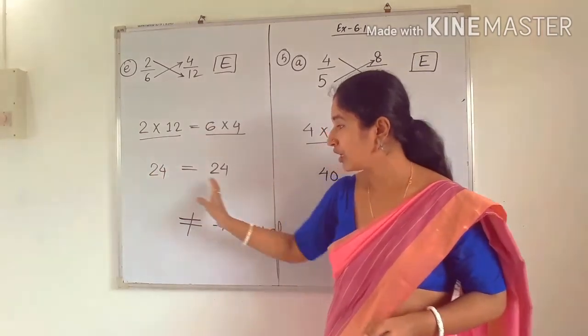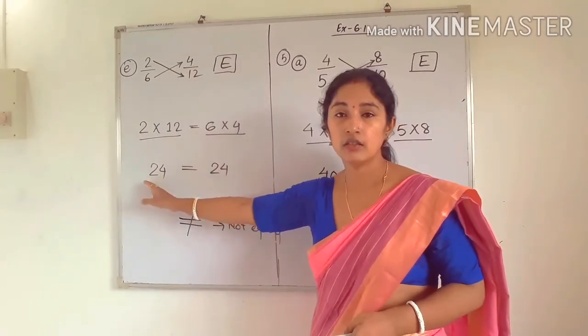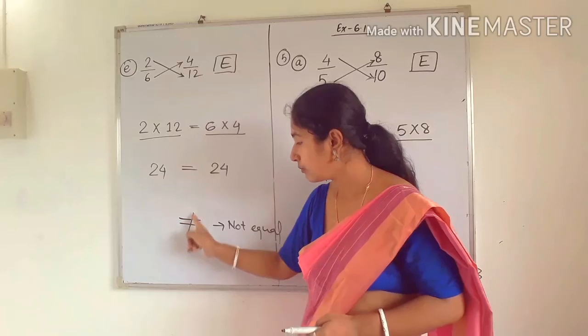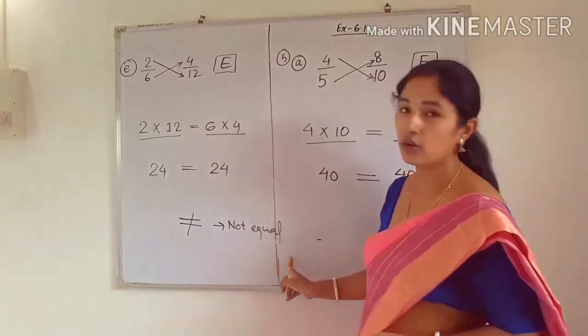What if both the numbers are not equal? You cannot write the equal to symbol because this side and this side will not be equal. So you have to make the symbol like this. That means write equal, and then cut the equal sign. That is called the not equal symbol.